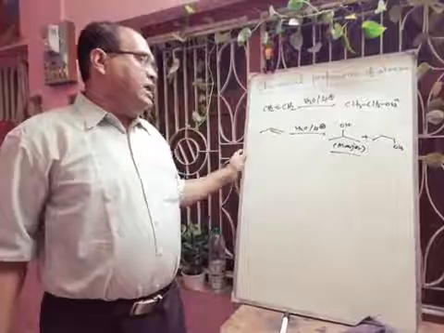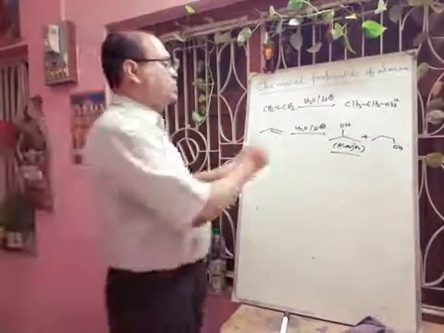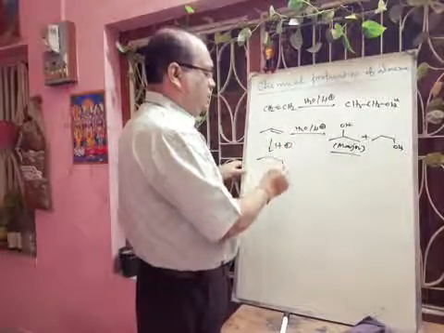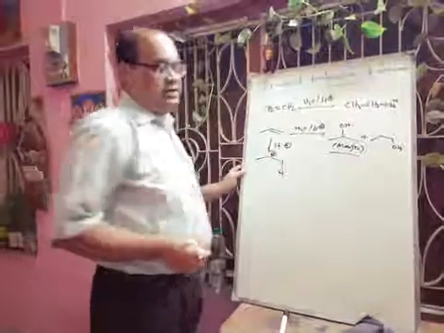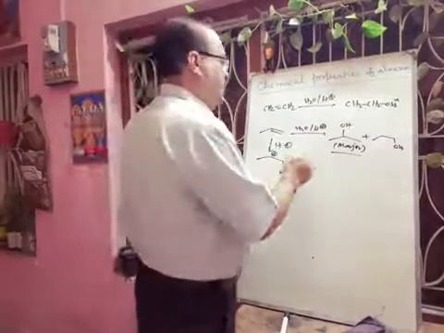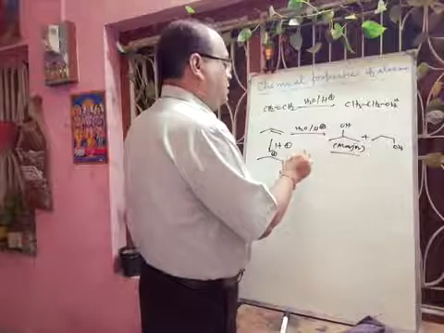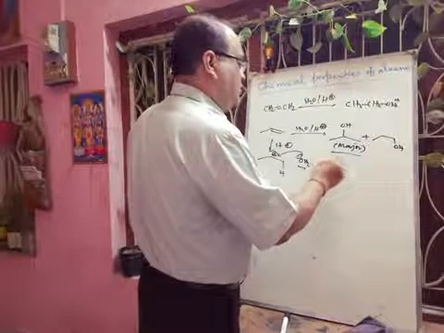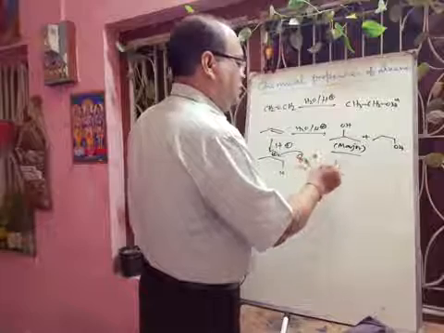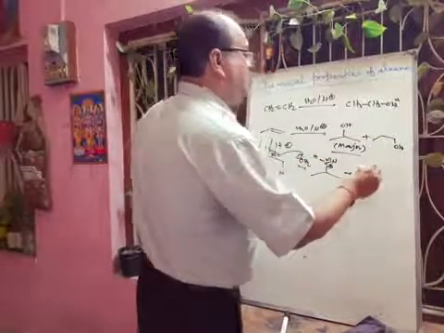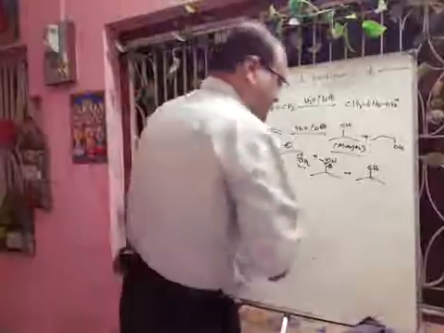So here, I can show you the mechanism. When H plus adds to this side, there will be formation of the more stable carbocation. Then water, through its oxygen, adds here, giving OH2 plus. Then a proton will be released, and finally you will get this one as the major product. Hope you can understand.